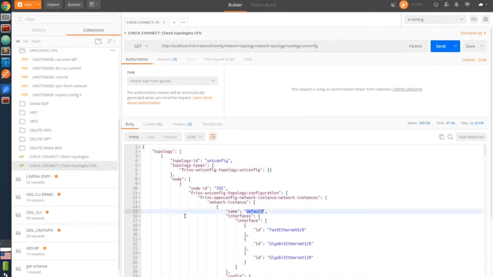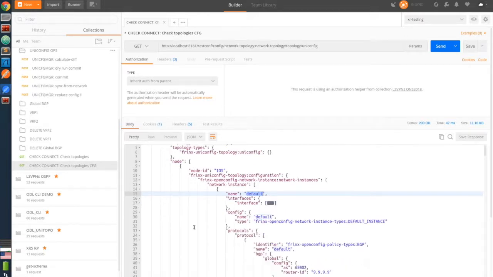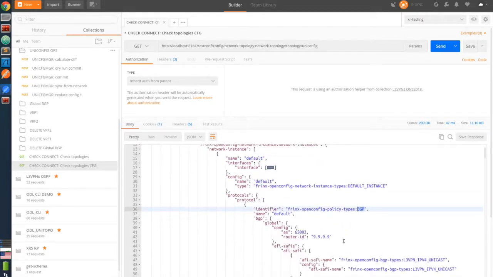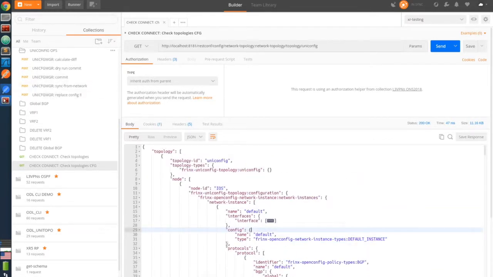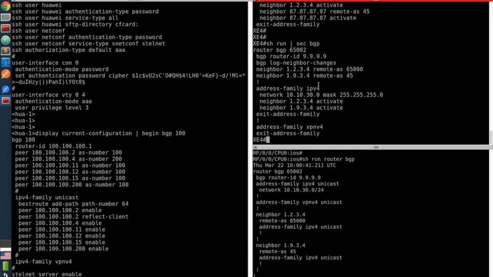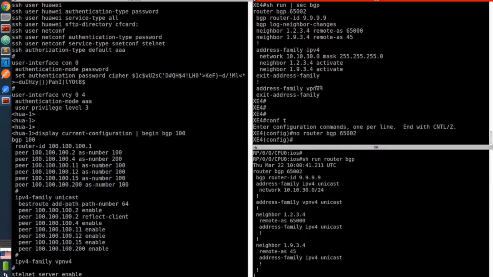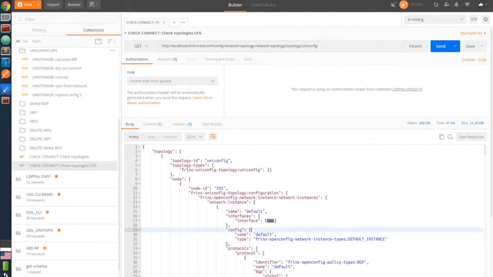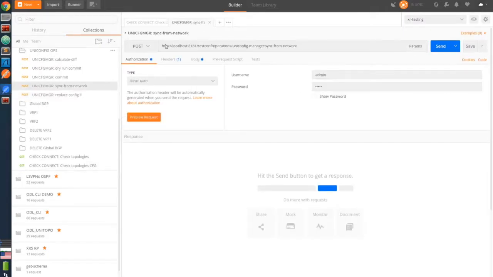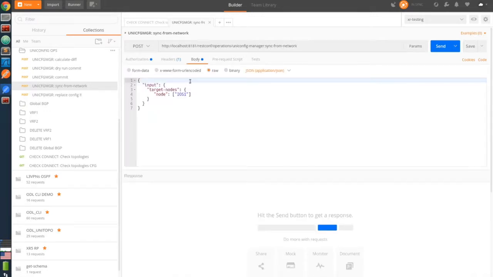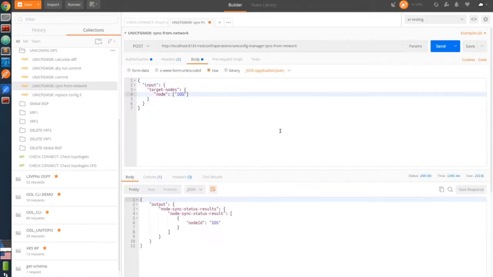So we load the current device configuration. We look at the current device configuration. It has BGP in there. Now what we're going to do is go in there and manually remove that on the device. Remove the global BGP configuration on the device. What we are doing now is we sync from the device, from the iOS device,